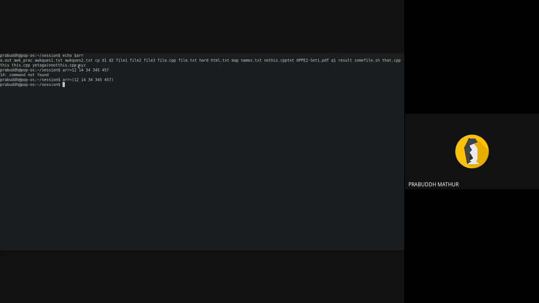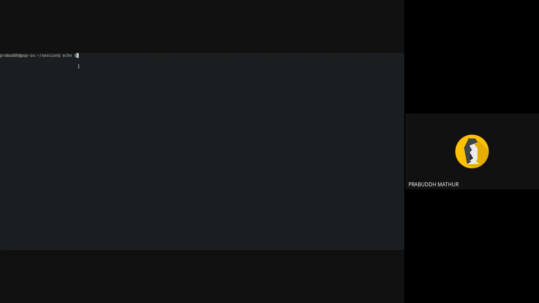So we have this array. So $array, if I were to see, I had how many inputs, right? Now I want to access all the elements of the array. To access it, we need to provide it in these curly braces. This will give the same output.